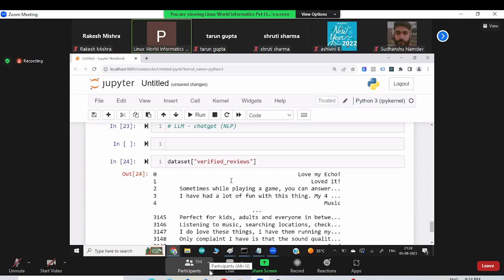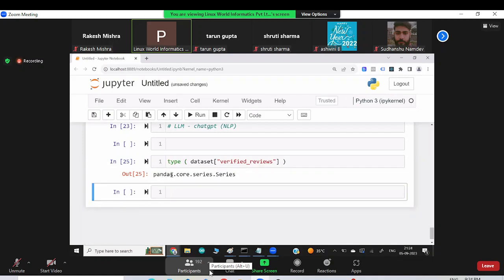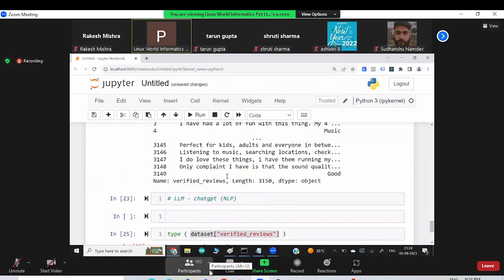Maybe in some use cases, I'm just giving some basic operations of pandas. This is pandas data type. Even if you see the data type of the data, it is again pandas, because we use pandas to load this data here on the top.